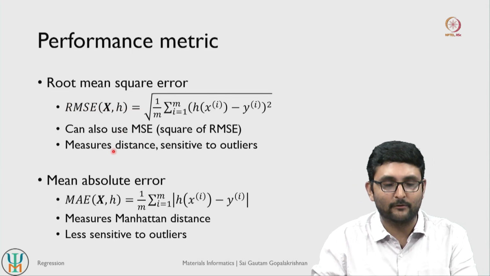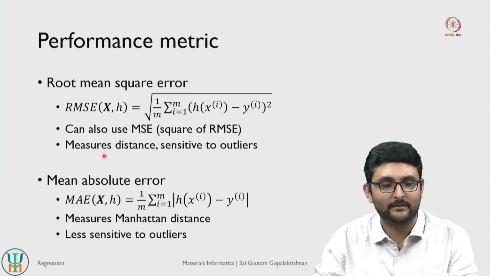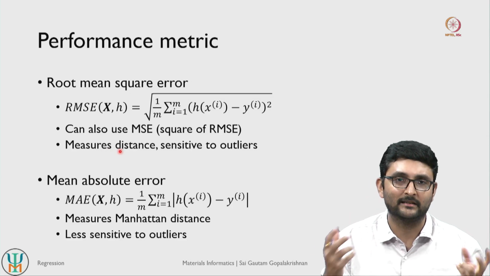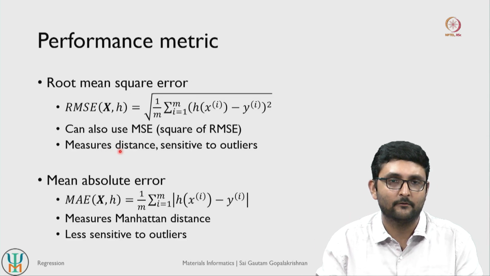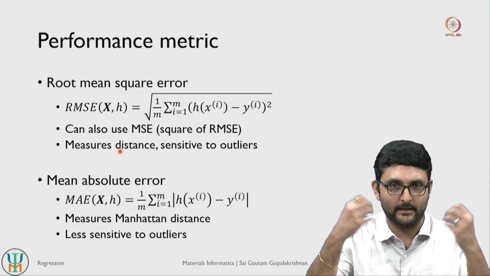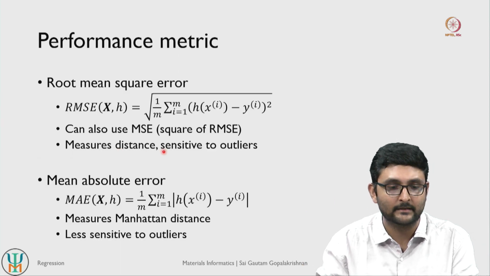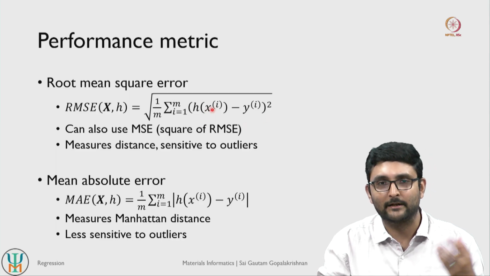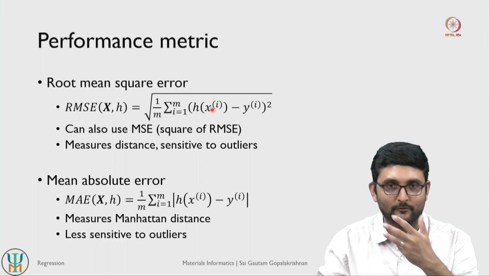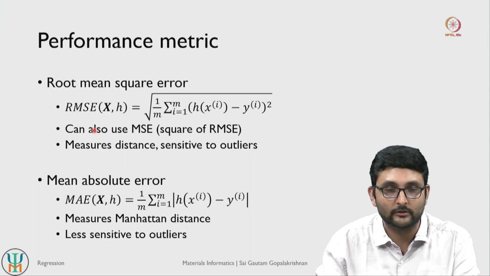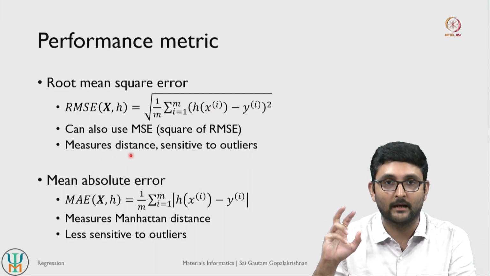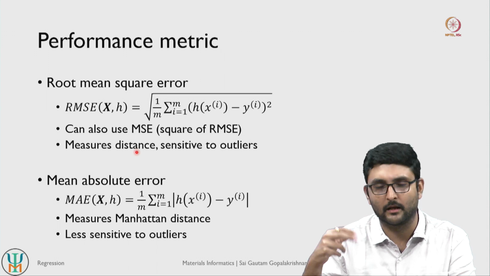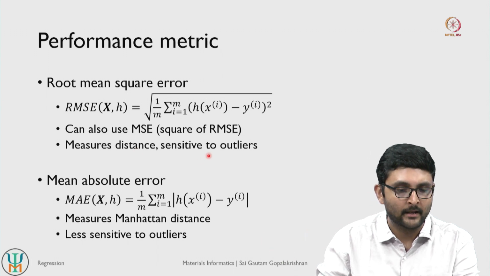And the reason why root mean squared error is commonly used is because it is intuitively what we refer to as distance, right. So let us say you want to measure distance between 2 points in a Cartesian coordinate space, this is how you would measure, right. So it is y1 minus y2 square plus x1 minus x2 square and so on, right. So this is how you typically measure Cartesian distance or distance in Cartesian coordinates.